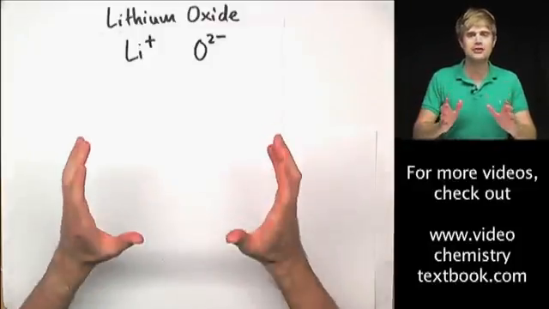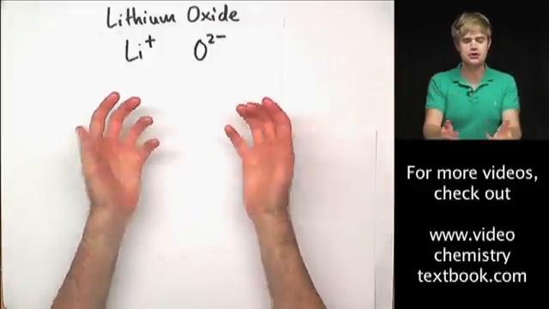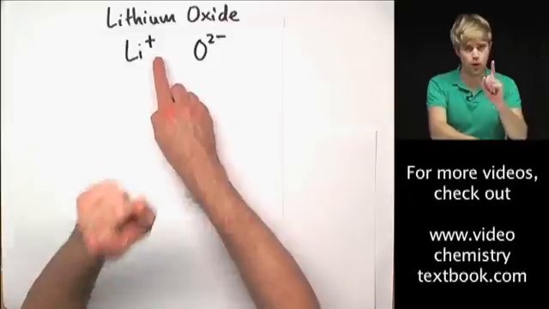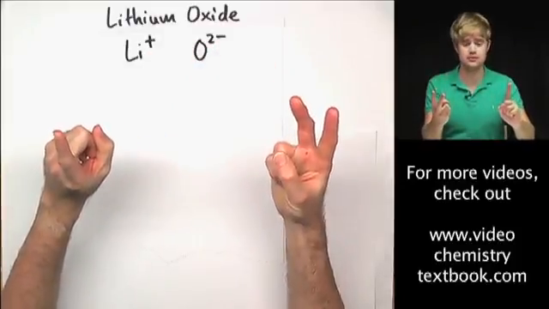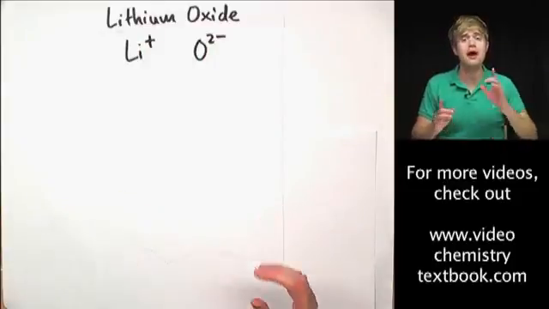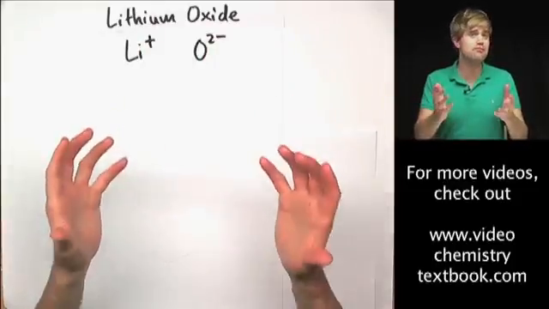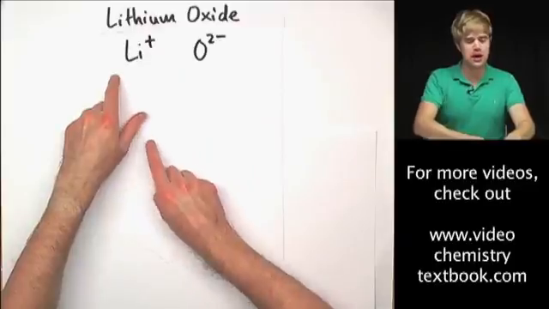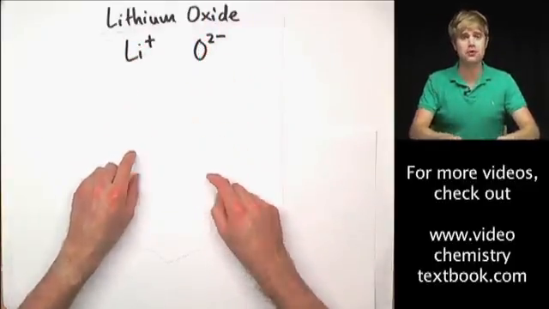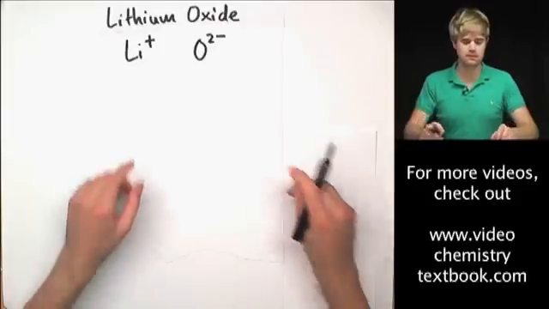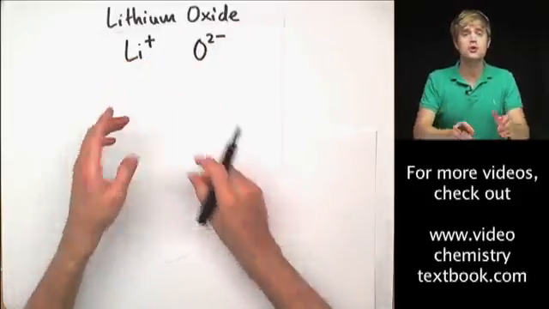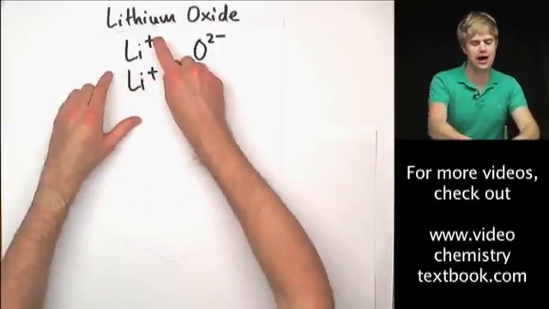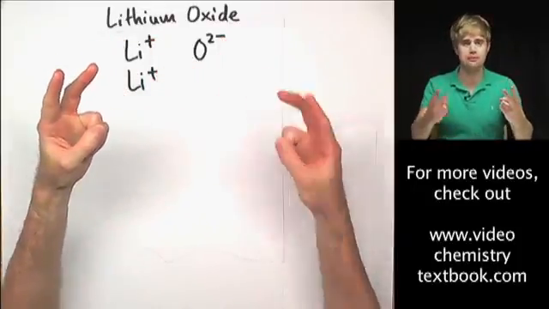Okay, so now I ask myself, does the plus charge and the minus charge balance when I have one atom of both of these? The answer is no, because I have 1+ charge, but I have 2- charges. So the charges don't balance. But I want to figure out how to balance them. I need to have them balanced in order to write the chemical formula. So what I can do is add more lithium atoms, add more oxygen atoms, or add both of them until I get the charges to balance out. I have 2- here and only 1+ here. So I'm going to add another lithium atom, Li+,